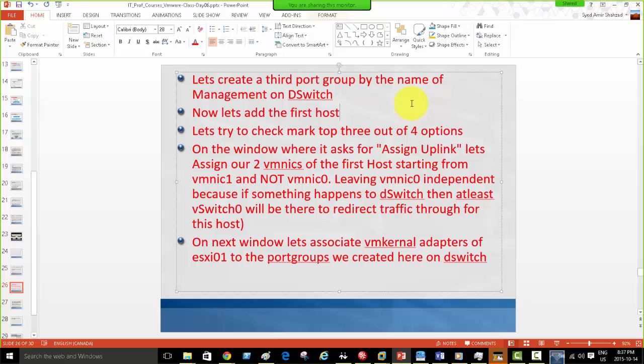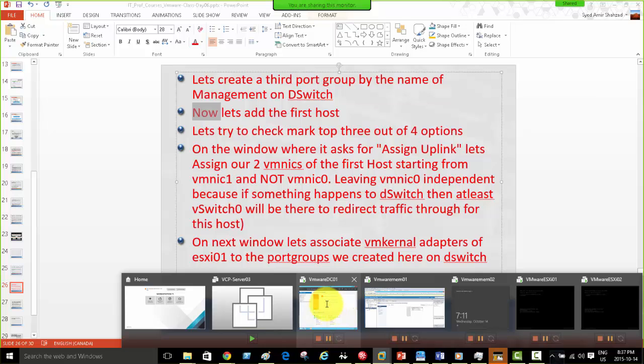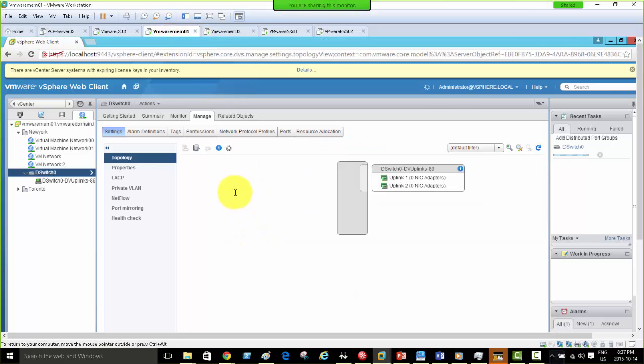let's create a third port group by the name of management on the D switch. Now let's add the first host. That is the main area where I would be starting. Management. Okay, there's that third port group. Management needs to be created. Why? You know why? Because